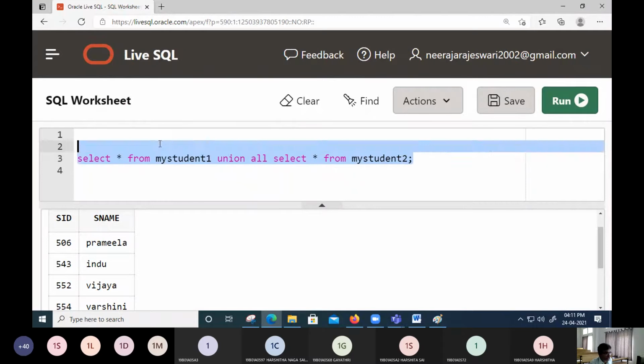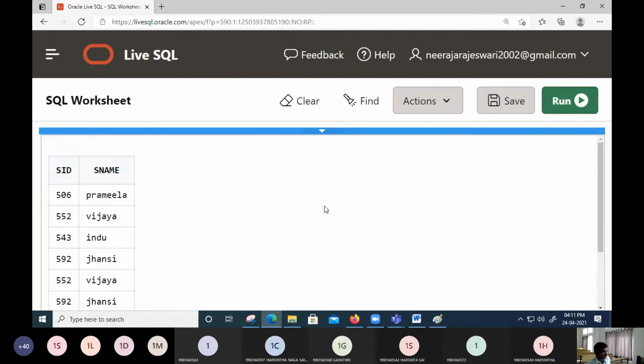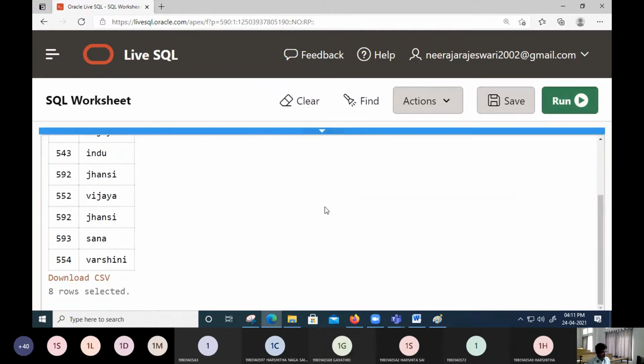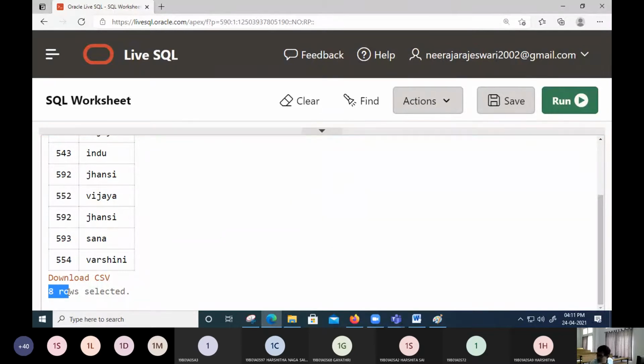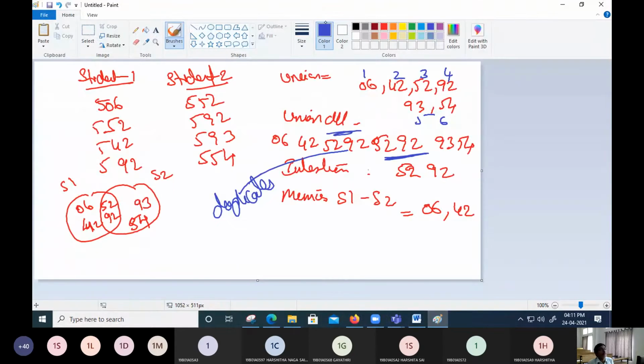So I'm going to select this query here and then execute the contents. This time you can see it is fed with 8 records, right? The total number of records is 8. When you ran union, the total number of records was 6. So what are the repeating records? The repeating records should be 52, 92, 52 and 92.